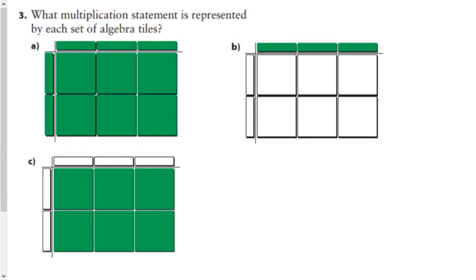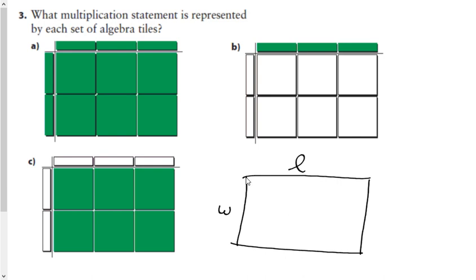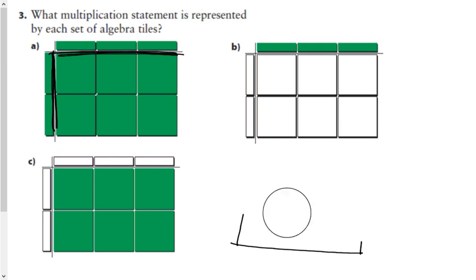Now, what this model is basically, if you think about a rectangle has a length and a width, and the area is the amount of square units inside a rectangle, right? Or the product of the length and the width would be the area. So that basic idea of an area model applies to this model because we have a length here and we have a width here. But instead of using numbers that we have used since elementary school, what we're using here